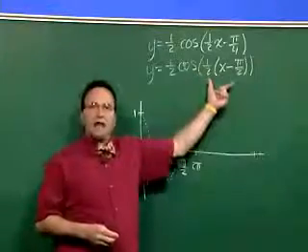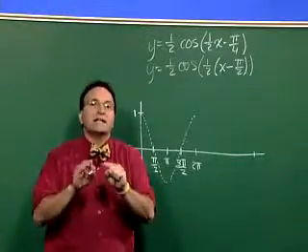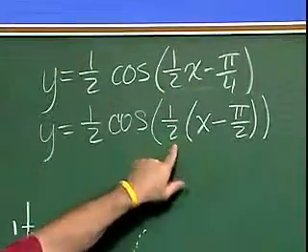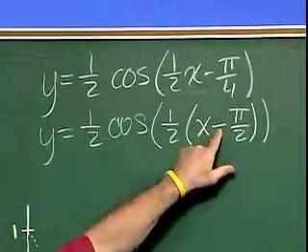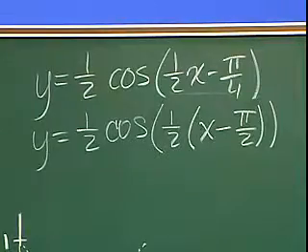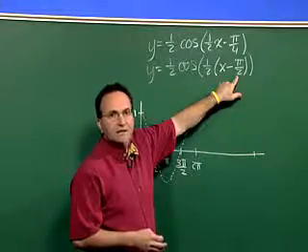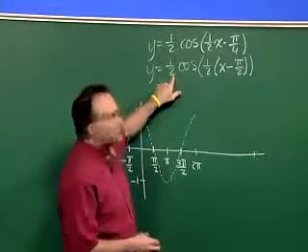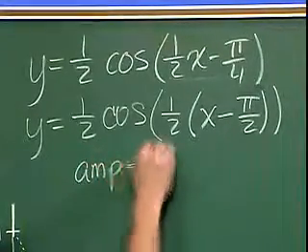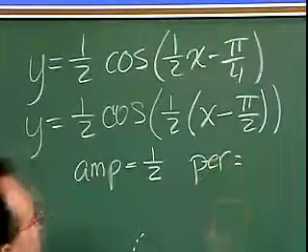The reason I need to do that is, in terms of figuring out both the period and the phase shift, remember that we factored out the b, and this was x minus d. So, in this case, I can now calculate both my period based on b and my phase shift based on d. Before I do that, let's notice that the amplitude has changed. So the amplitude is 1/2. The period is equal to 2 pi